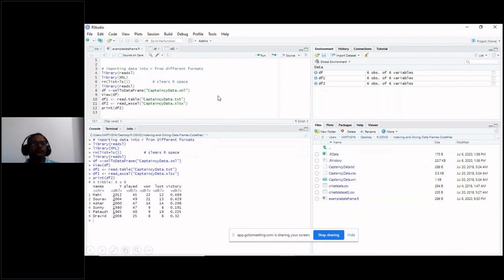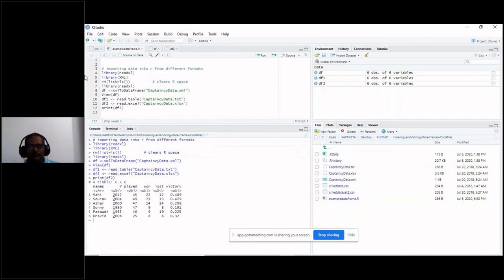In order to read that, you need a special package for it. I need to download a particular package called the XML package. So library(XML). What this command will tell you is whether the XML package is present in your R or not.